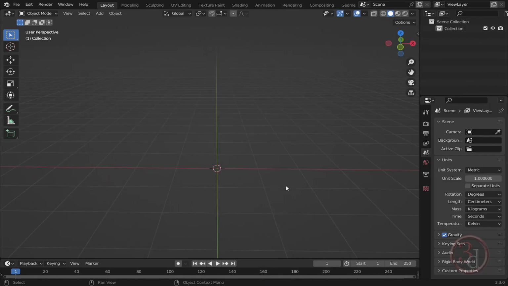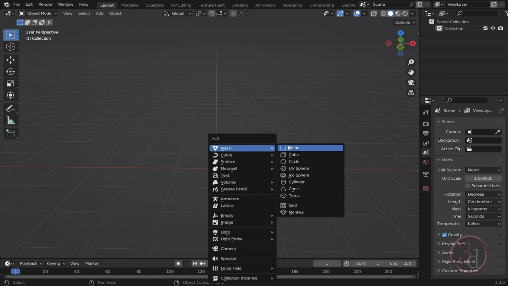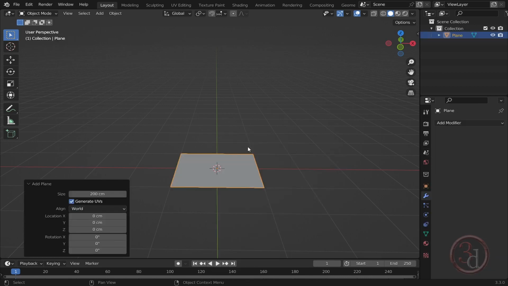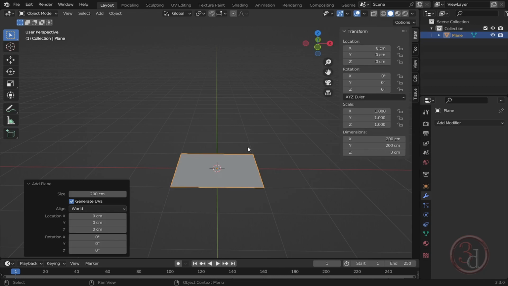Okay, so let's begin making our modern sofa. I will press Shift A and select plane. Press N on the keyboard for the navigation panel. So I will change the width. The width is fine, 2 meters. I will change the depth,